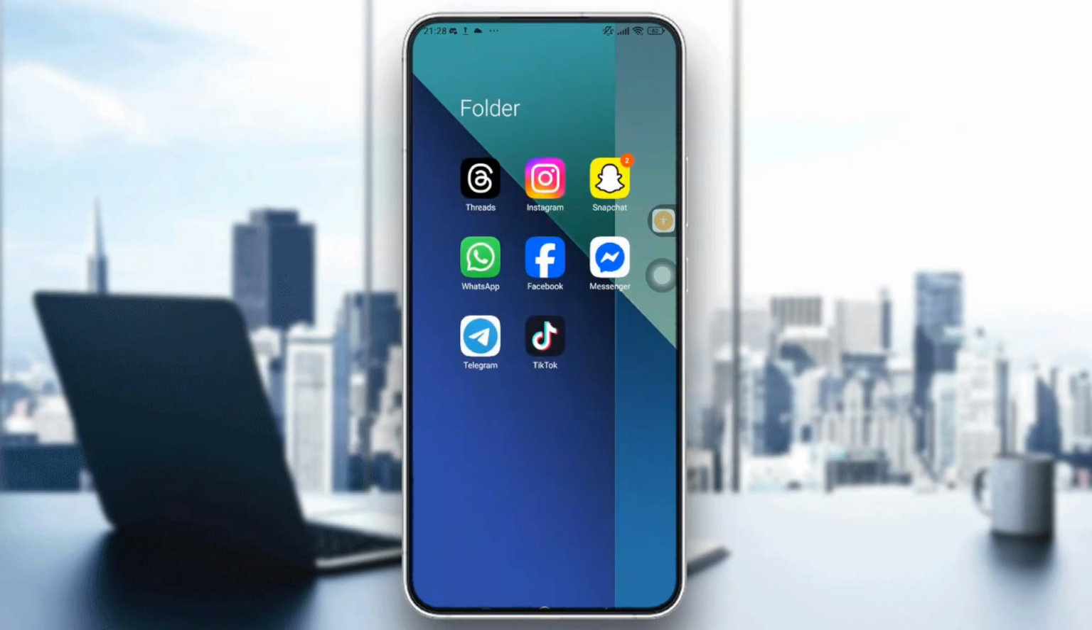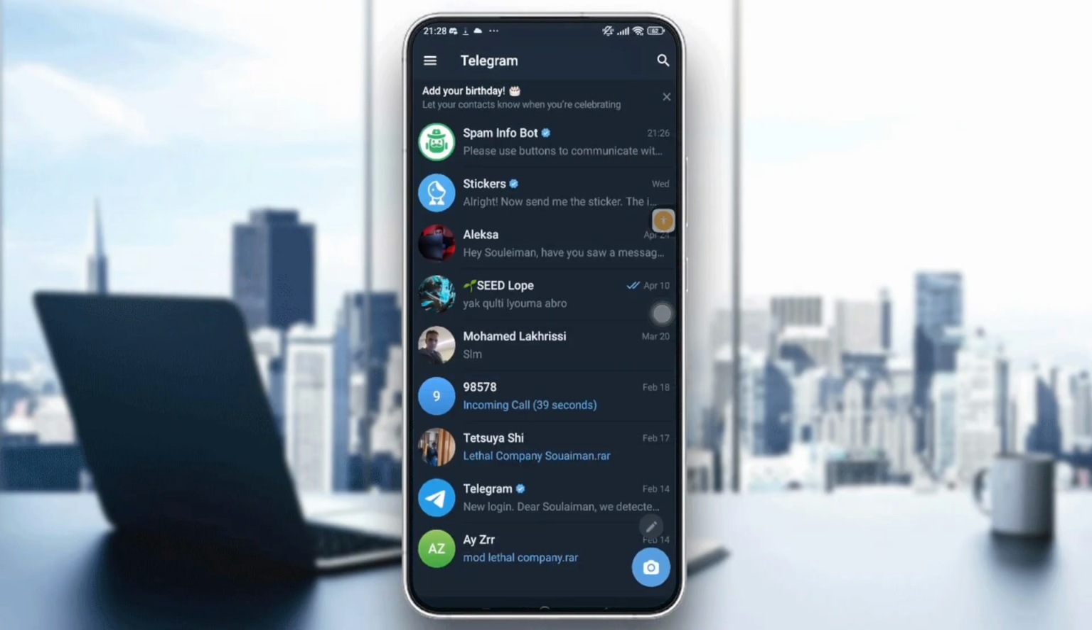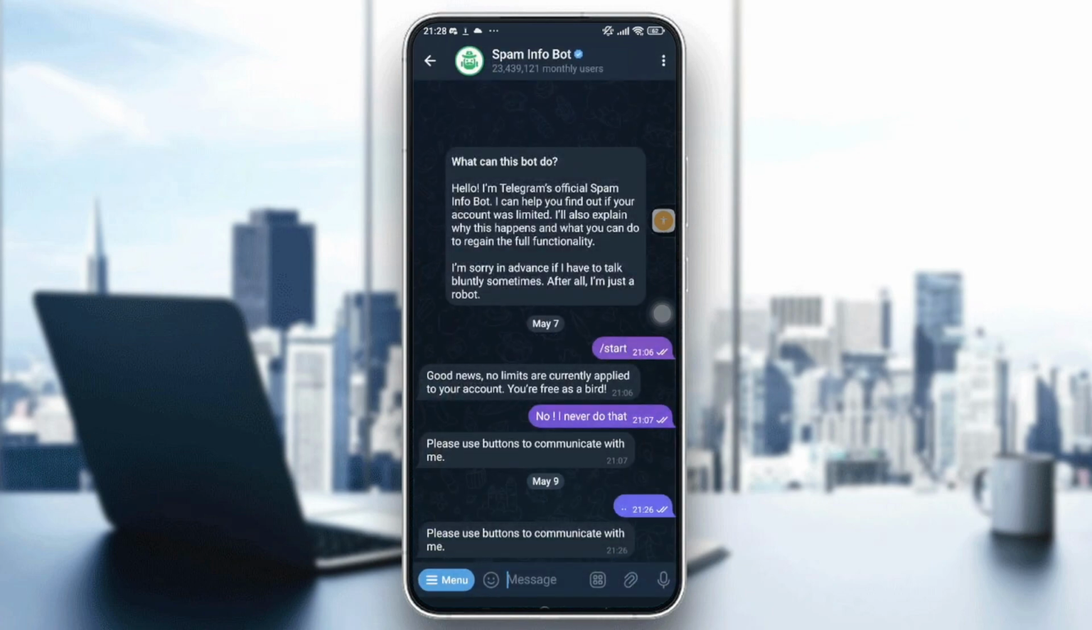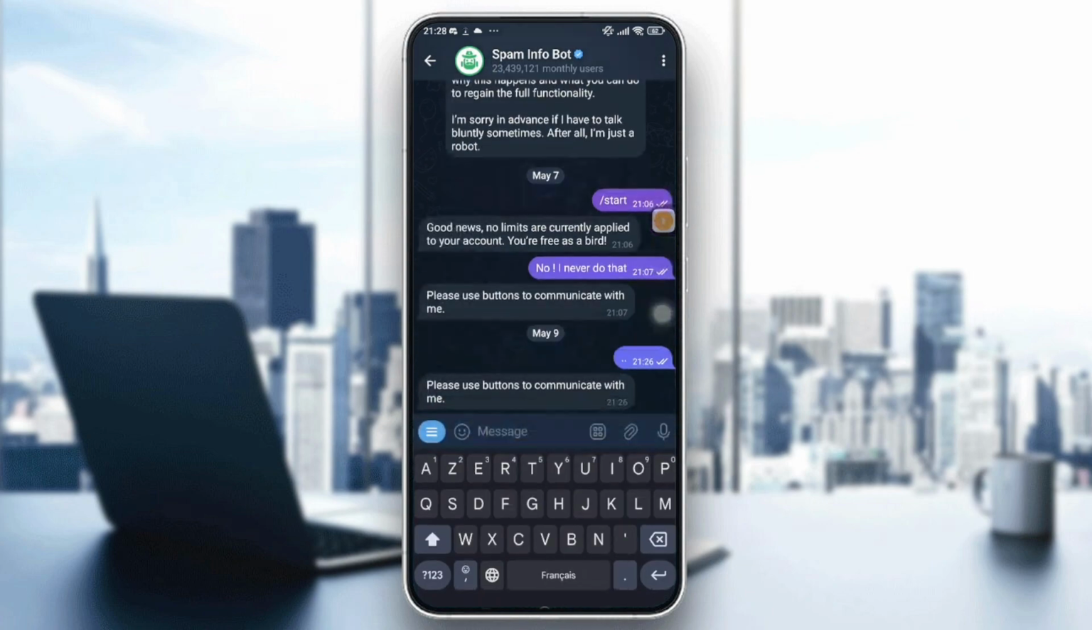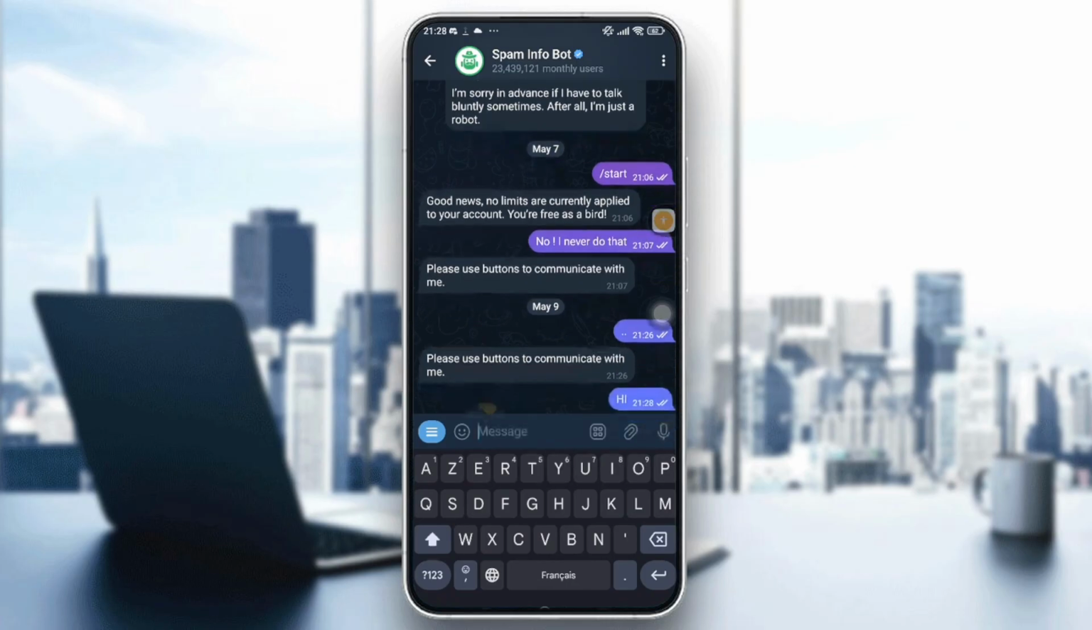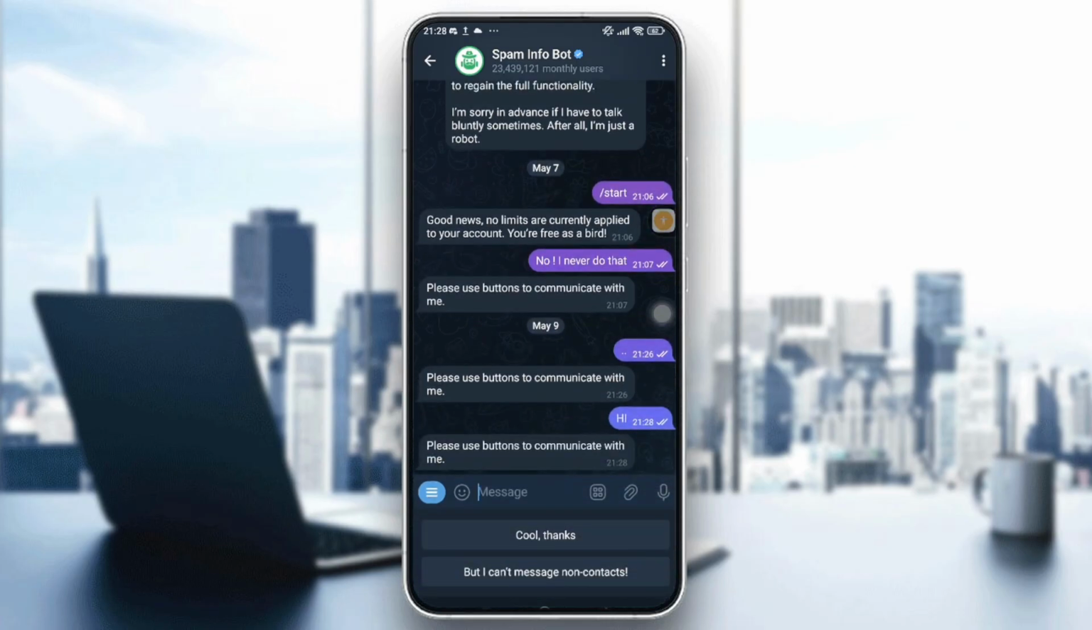So let's get into our app, Telegram. All right, and let's choose, just to set an example, a bot, and then let's type hi. All right, so that message that I just sent, I want to change it to hello. So I will just